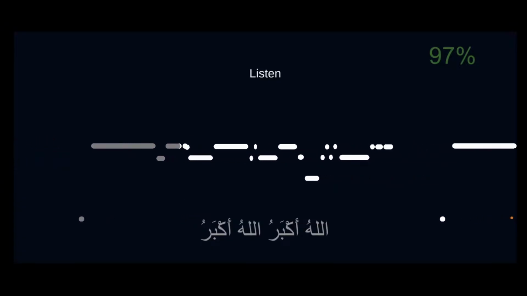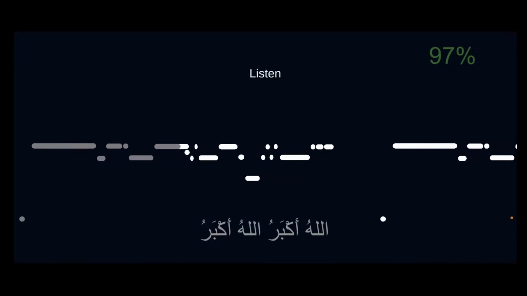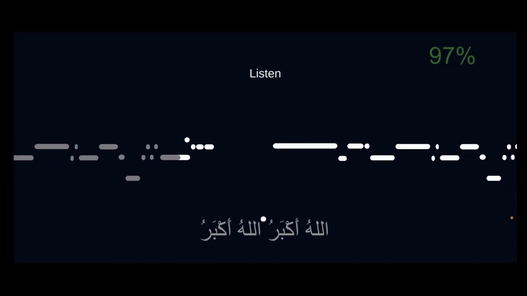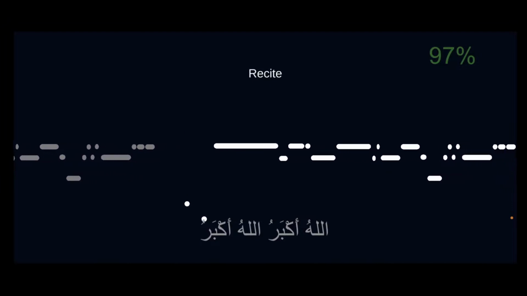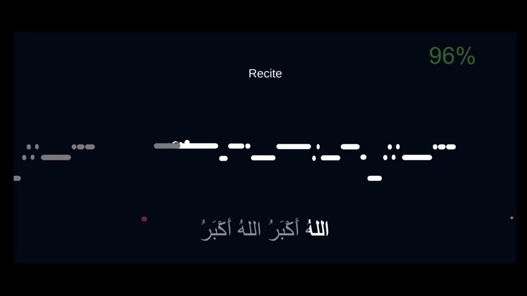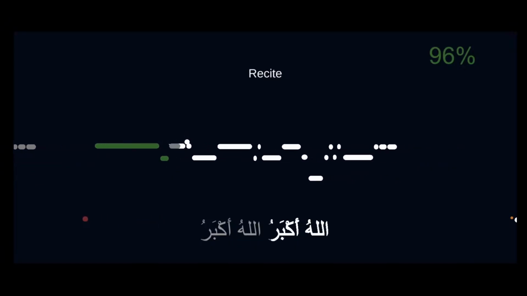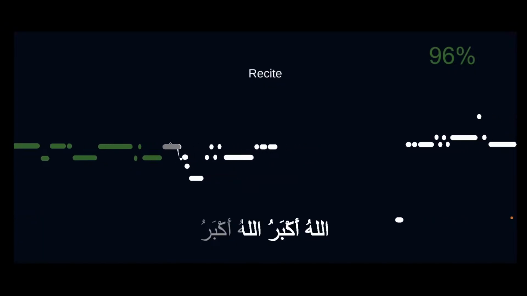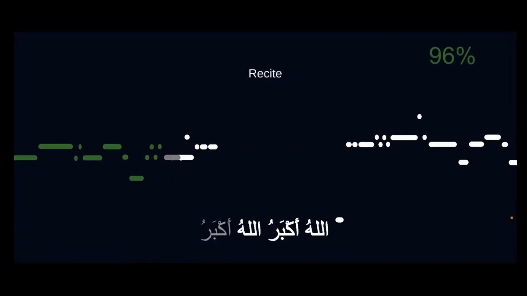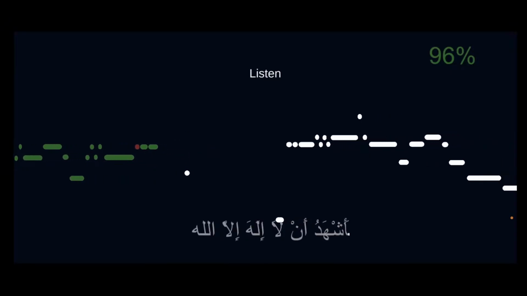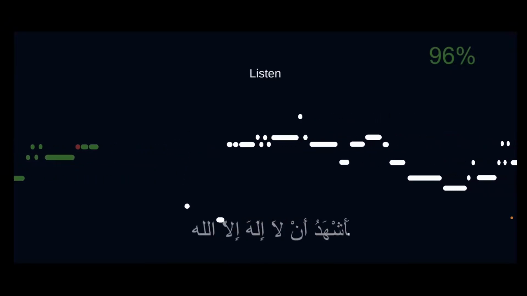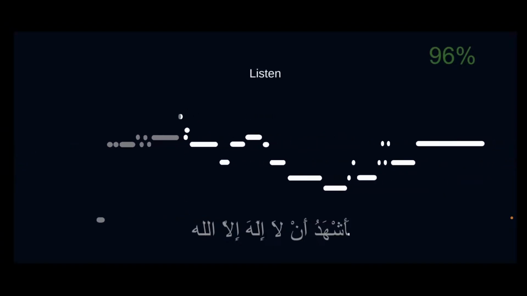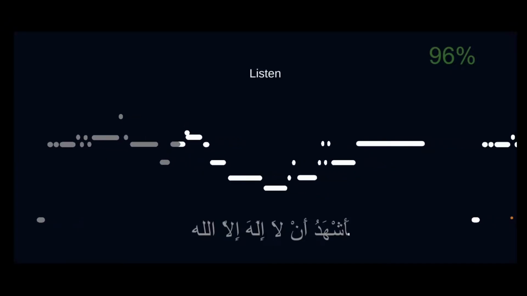الله أكبر، الله أكبر، Allahu Akbar. Allahu Akbar. أشهد أن لا إله إلا